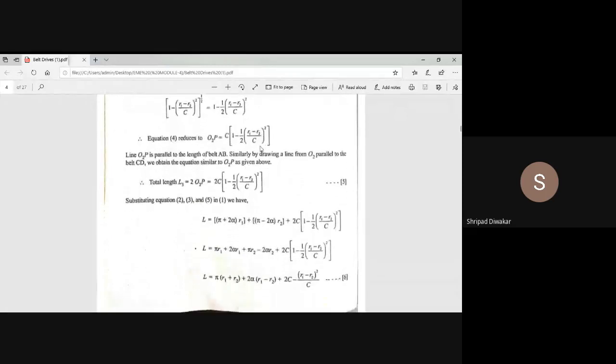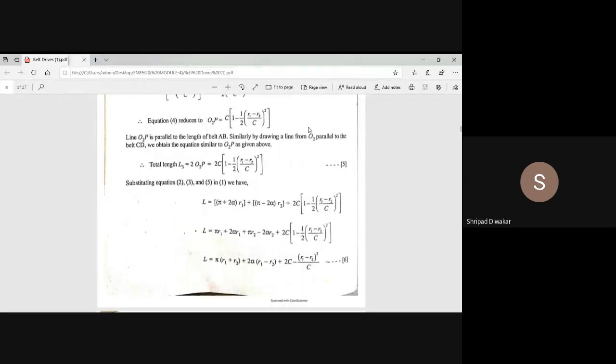So don't take one side, because as I said, there are two sides. Whatever we found out is the length for only one side, but we have two sides. The same equation you are getting here, you get for the bottom side also, because it is symmetrical in nature. That is not shown in the diagram. Just imagine that there are two lengths, so you have to multiply by two.